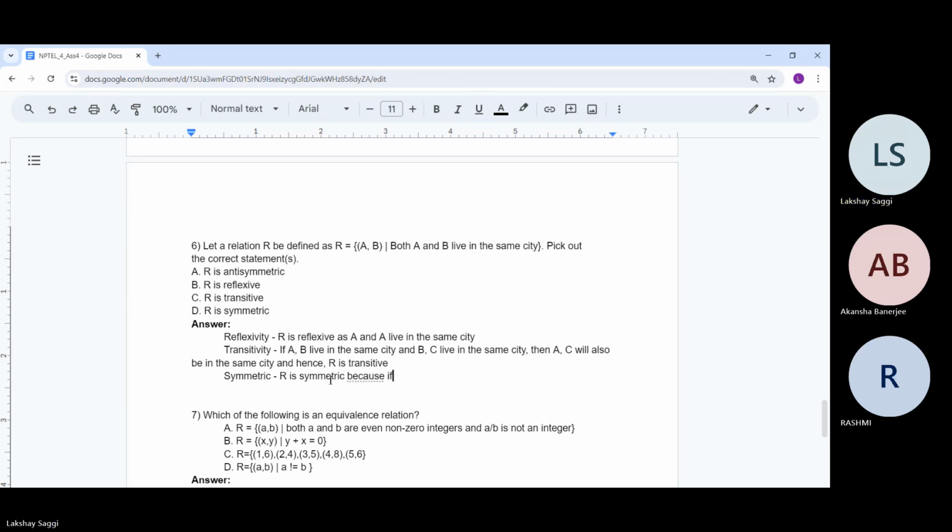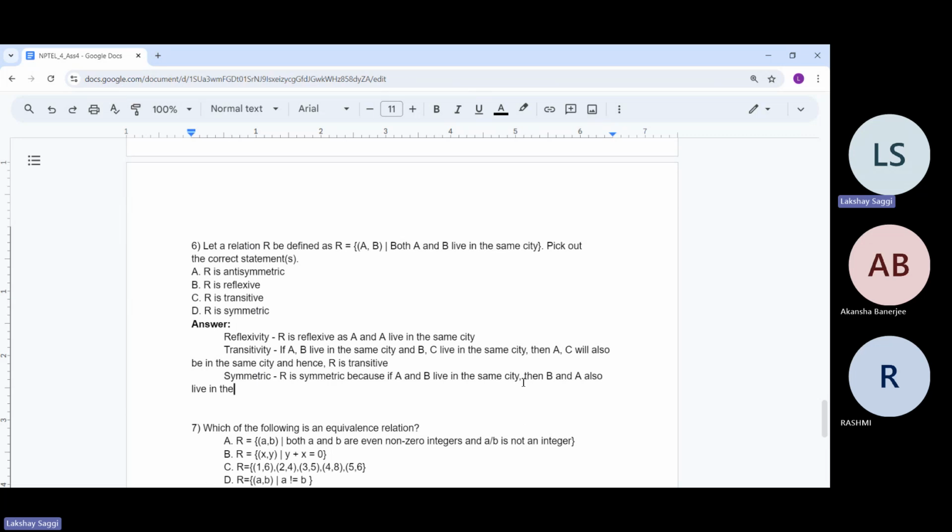Because if A and B live in the same city, so if (A, B) belongs to R, what is symmetricity? If (A, B) belongs to R, then (B, A) should also belong to R. And if (A, B) belongs to R, then A and B live in the same city. Then B and A also live in the same city. And hence,